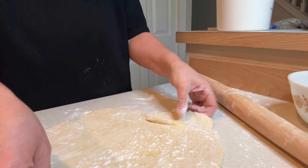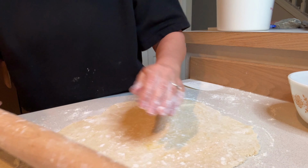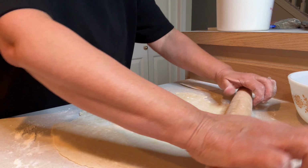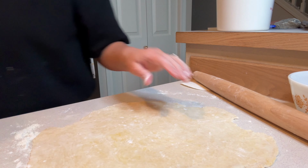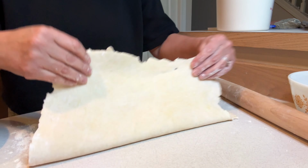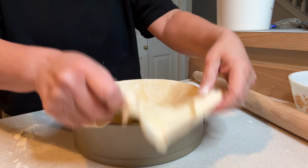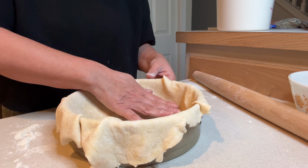And I, by no means, am a pie dough expert. I have a hard time rolling it out to be a circle. So my goal here is just to roll it out to a thickness that is going to work well in the quiche, and also to ensure that the pie dough is going to fit in the springform pan, which I'm showing there. And I'm checking, and it will fit. And the thing about using a springform pan, I find that it's just easier to cut the quiche when you use a springform pan. And I'm going to set the dough in the pan,